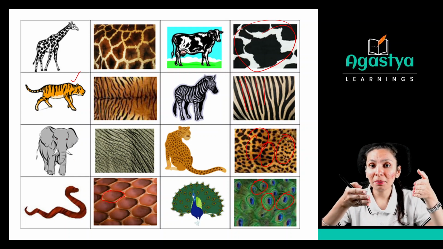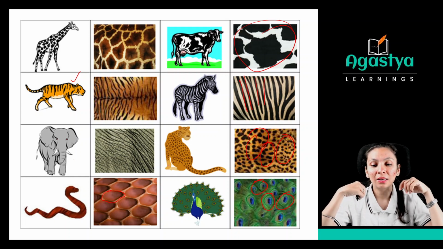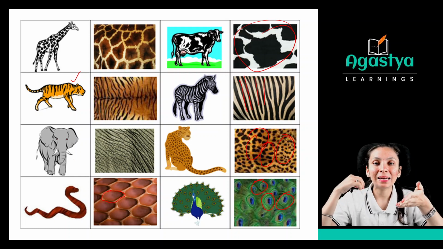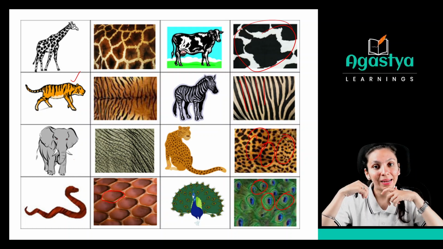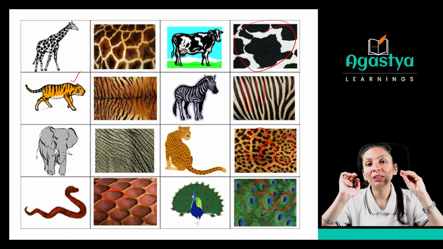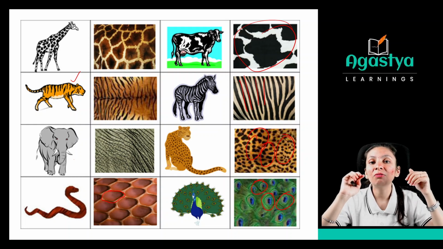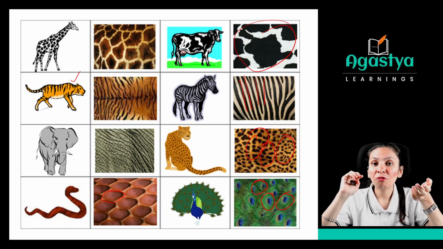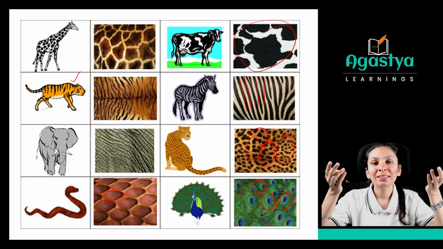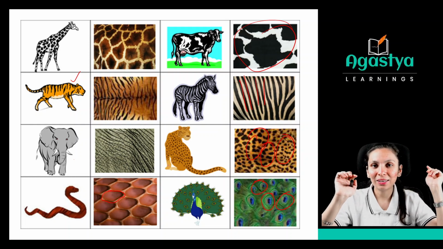So based on the skin patterns, people wear different kinds of clothes. As you can see, different kinds of patterns like this are on their clothes too, right? So this was about the skin pattern which allows them to differentiate their bodies, right? It allows them protection. This camouflage is also one kind of protection so that enemies will be scared away from that animal, right? Clear these things? Okay, good.